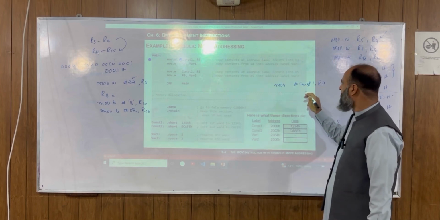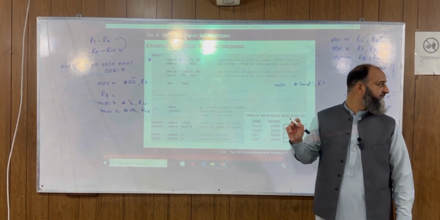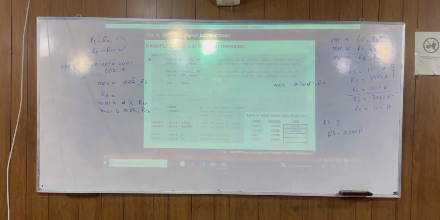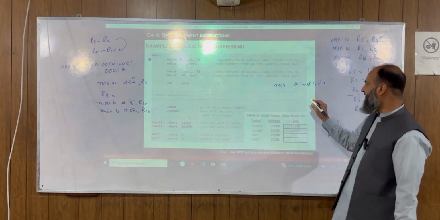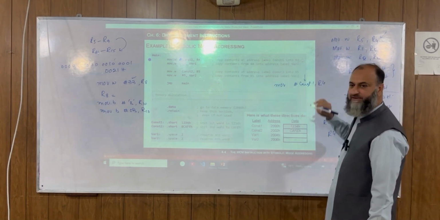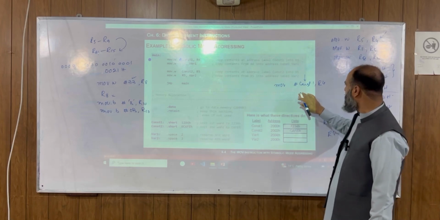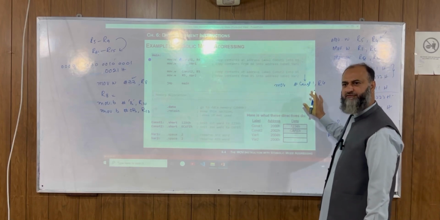Is it right? तो constant 1, you see that the word is now going to be stored into the R4. R4 के अंदर store हो जाएगा.